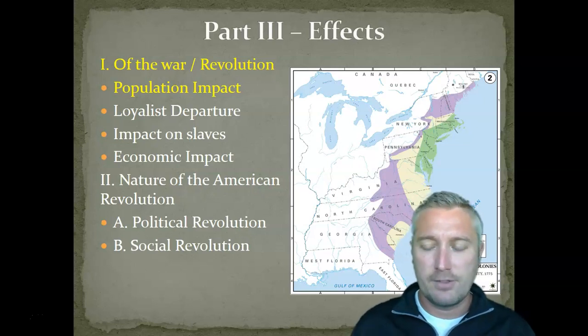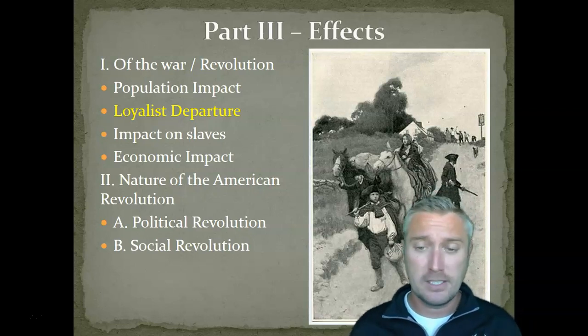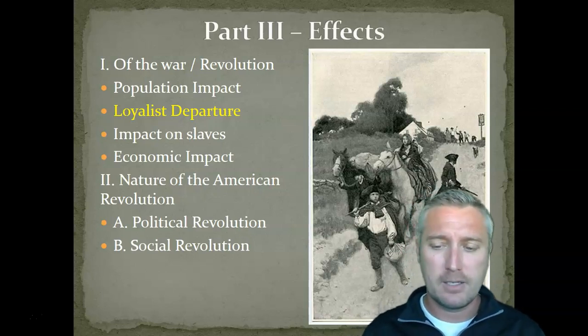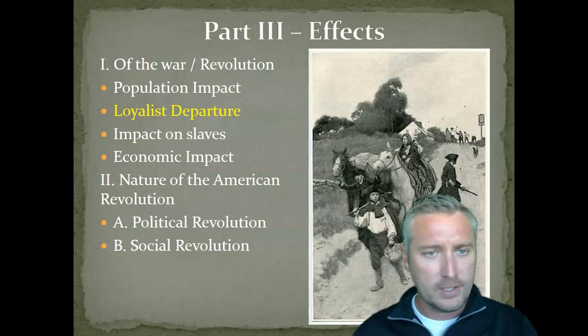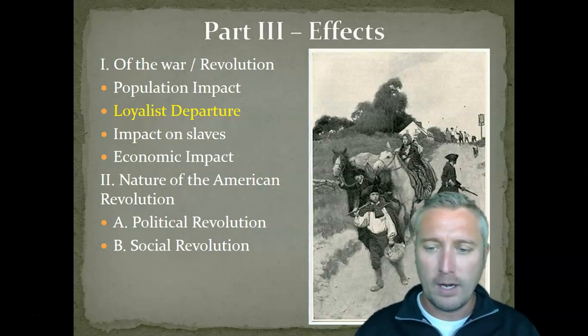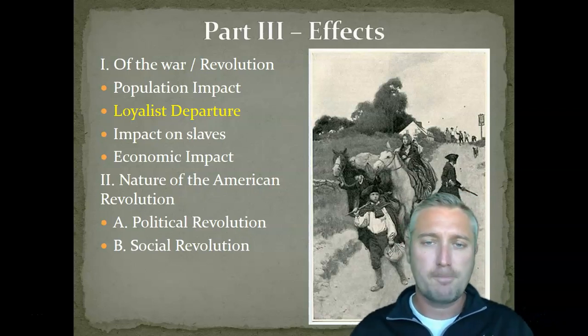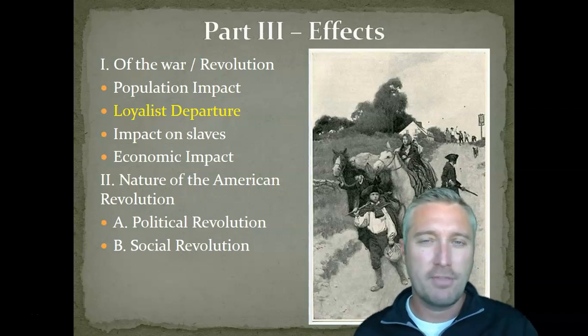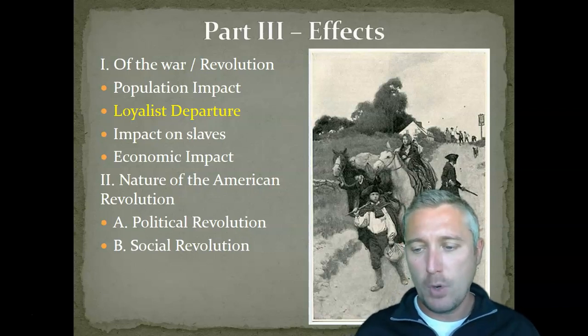Besides just those dying because of disease and war, you also had a lot of people leave. The Loyalist departure had a lot of impact on America as well. Tens of thousands of loyalists before the war, during the war, and towards the end, are going to be leaving, for fear of their safety, or just believing that the country's going to ruin. Overall, we've looked at numbers of loyalists before in our lectures. It was most likely somewhere between 20 and 30%. Most people were not loyalists, but it was a good fraction, right? So somewhere between 20 and 30%.